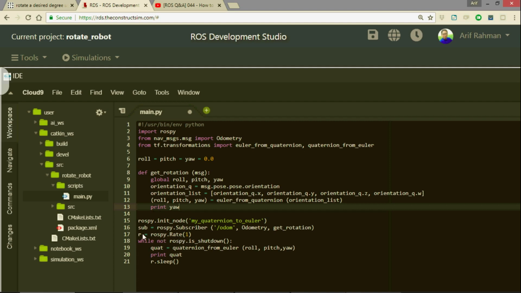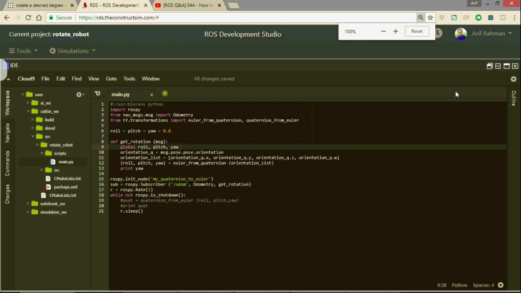It says here the rate will be 1. Okay, let's leave it for now. And then while not ROS is shut down, this is just to convert from Euler back to quaternion. We don't need this. We don't want this. Let's just comment it out and then sleep. All right. So let's just save this